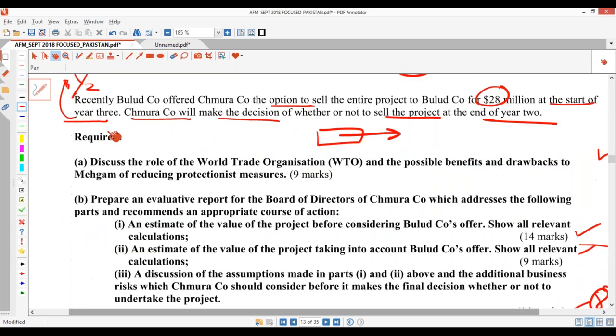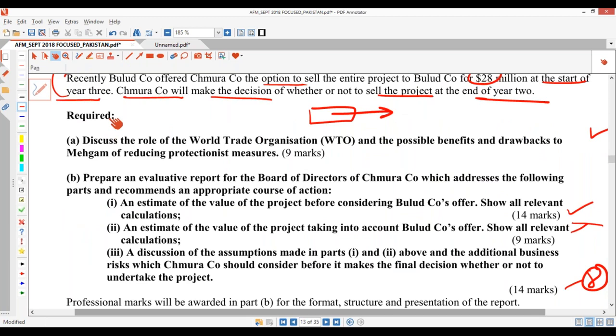Okay, so part A of the question, I'm just going to talk. What are you going to write here? We're not going to write any answers. What you're going to say here is that this is WTO. WTO is actually coming in to continue what the GATT has been doing. The aim basically of GATT and WTO will be to reduce the barriers and also prevent any protectionist measures like tariffs.